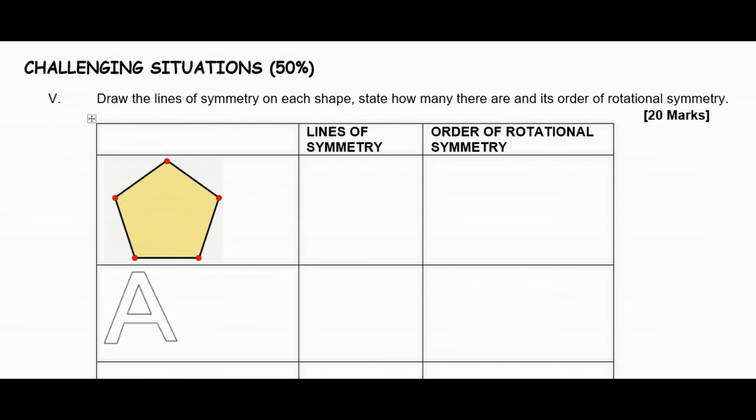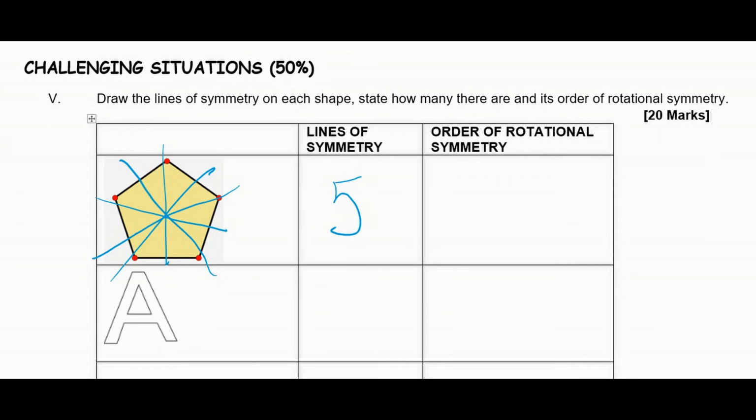So they are symmetric. And then there is 1, there is 2, 3, 4, and 5. And then I am going to say there are 5 lines of symmetry, and the order of